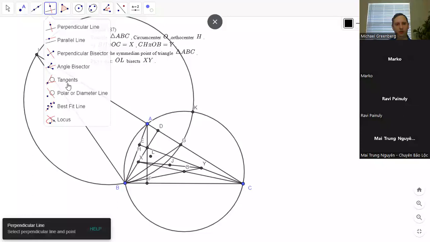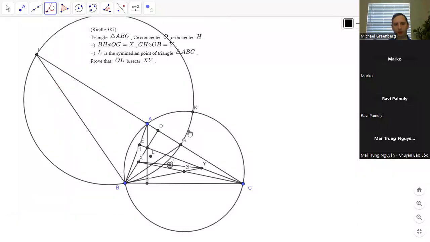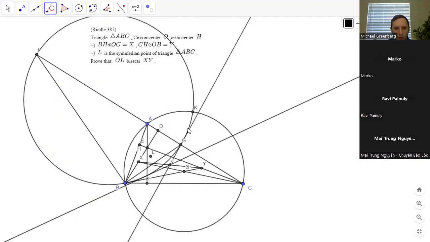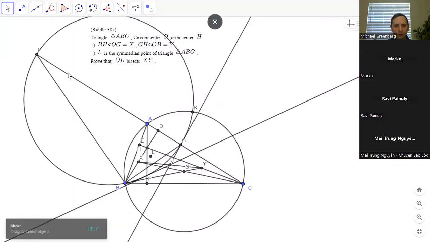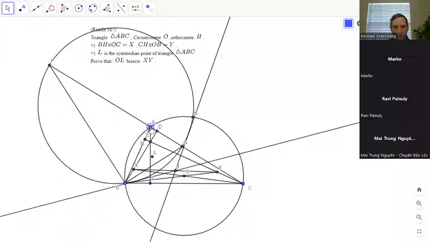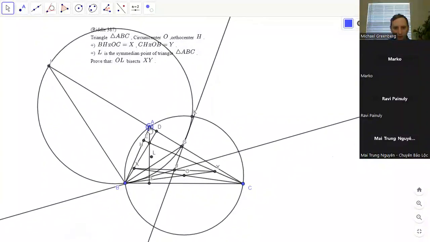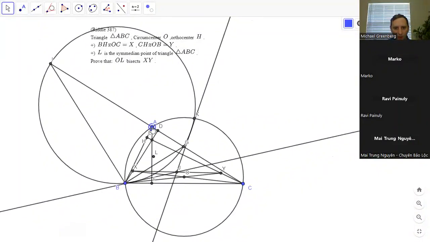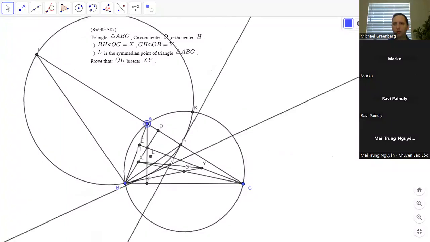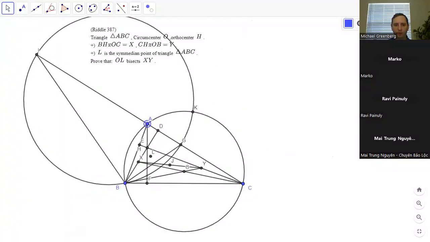Let's try drawing the tangents from J. I wonder, is JG tangent to it? It almost. No, it's not. So power of X would be BX times XD. Sorry, BX times BD. Is that